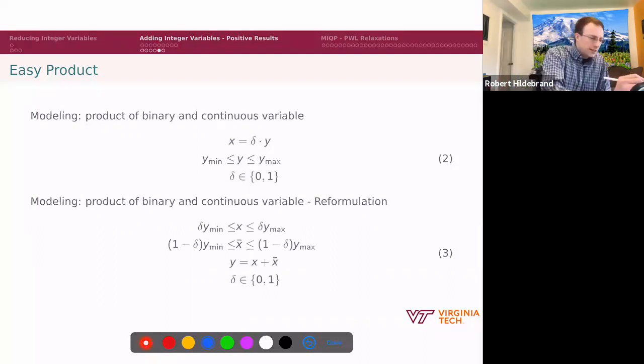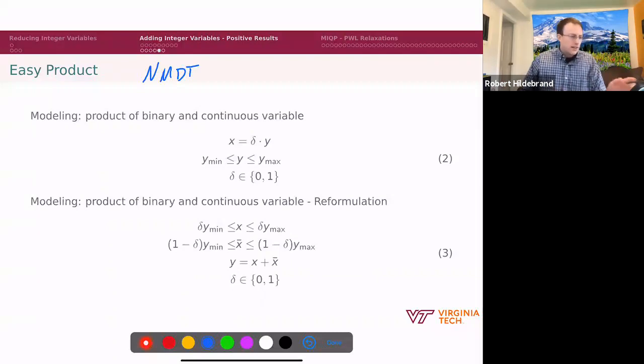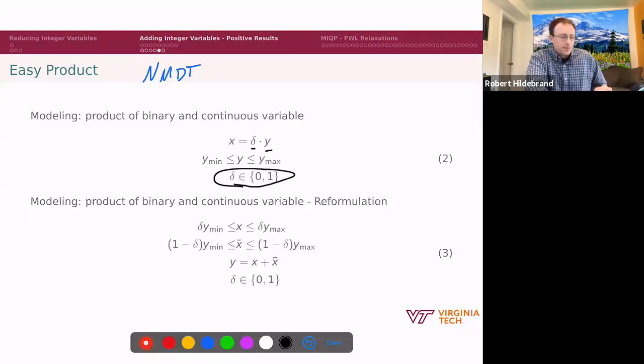Some people have called this NMDT. It's called non-parametric multi-disaggregation technique, or at least what I'm going to show you is some similar version of this. The idea goes like this. Suppose, at an easy stage, I have a product between a binary variable delta and a continuous variable y. And what you can do is